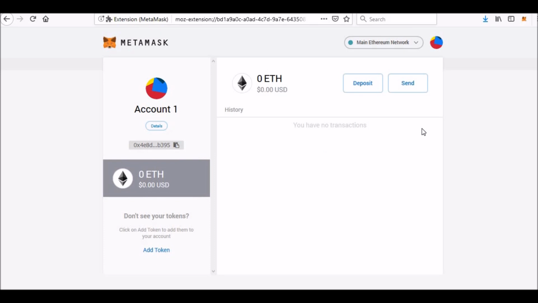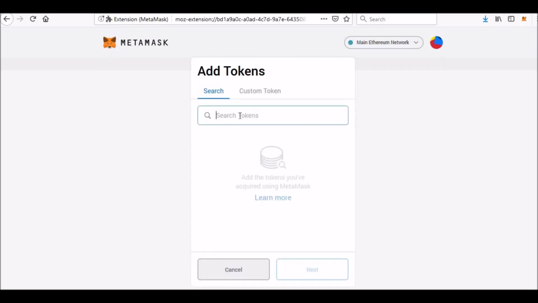After downloading the private keys, you have to copy the passphrase and re-enter that passphrase. For security reasons, I was not able to show that to you. After that, you will be taken to this page. This is the page where your Ethereum balance will be shown. So to add AdsBrick here in MetaMask, I would like to tell you again, you have to go to add token. Now search here ADZB.